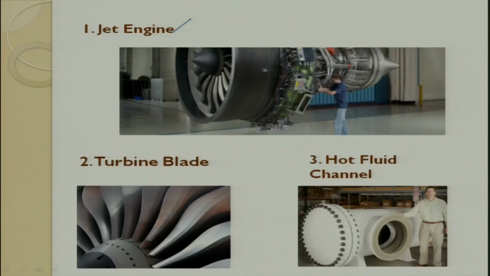Jet engines, turbine blades, which we have already discussed. See, if you look at it, these are some inserts. This is a part. Here is a joining adapter, and this is a slot. So, they are now made out of ceramics. Then you can also see hot fluid channels. These are all made out of ceramics so that they can withstand very high temperature